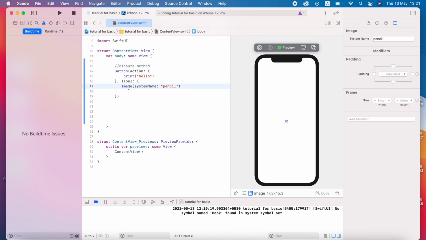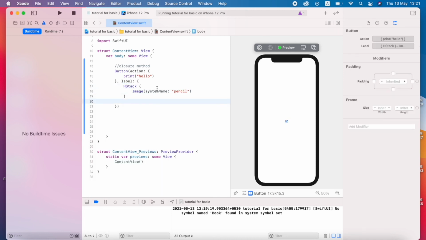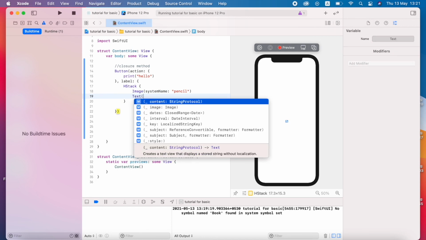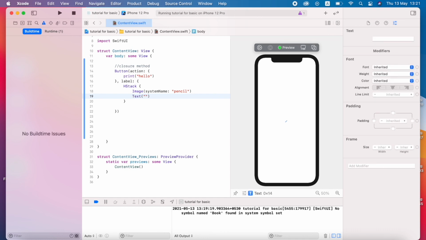But as I told before, if you want to use multiple items, multiple views, we have to put them inside a vertical stack or horizontal stack. So I click the image again and embed it in a horizontal stack and copy the image again. So I just type the text, and here I want to pass the label for book.